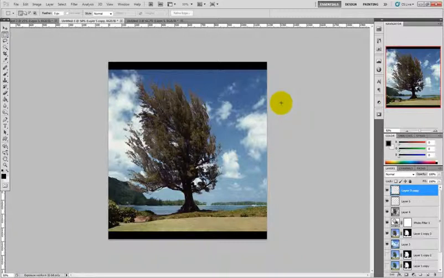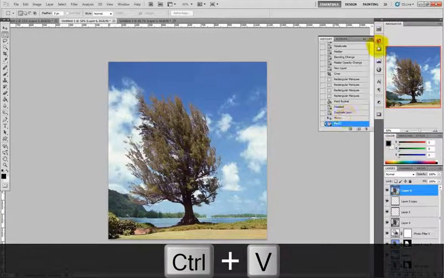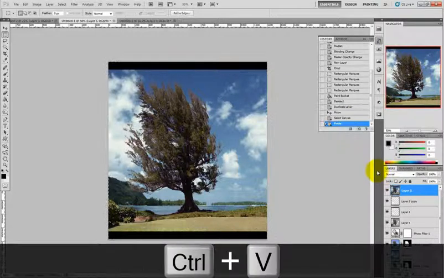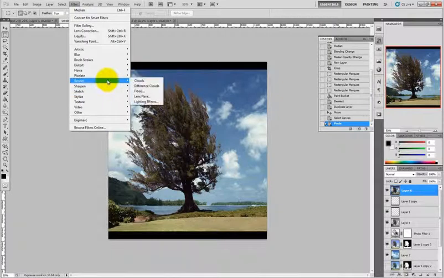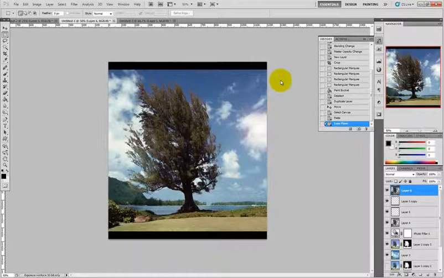And now again, Ctrl Shift C, Ctrl, oops, my bad. First Ctrl A, you need to select what you're going to copy. I will go to filter, and here should be, yeah, lens flare. Choose something which I like, and